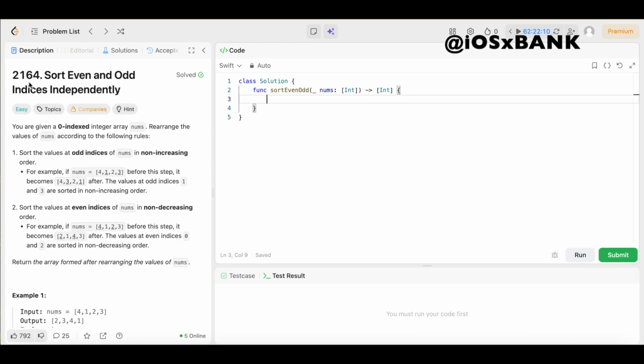And today we have question number 2164, sort even and odd indices independently. The difficulty level is easy, so you already know we're going to keep the solution as simple and easy to